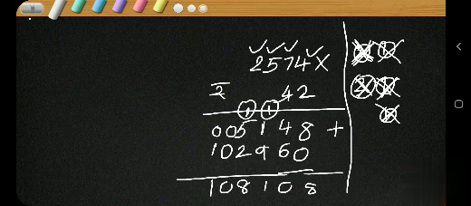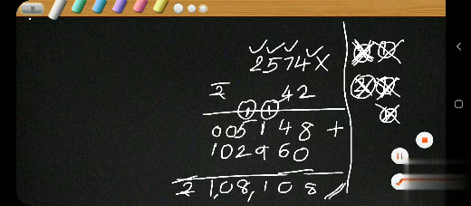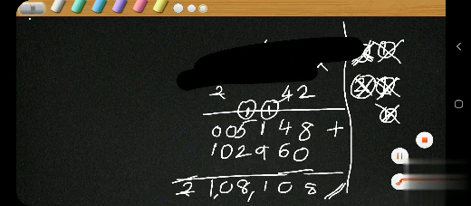1 plus 0, 1. The unit is rupees. We are finding out the amount here. Cost here. So rupees. How to read this number? Ones, tens, hundreds, comma. Thousand, 10,000, comma. What a wonderful number it is, isn't it? Rupees 1,08,108 is the final answer. This is the cost of how much? 2,574 kg of rice is what? Rupees 1,08,108. Got it? Okay, now let's try to do the second word problem.